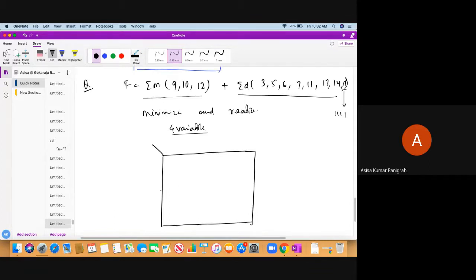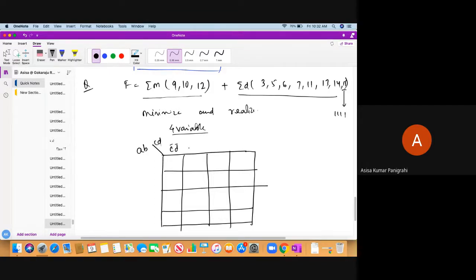Here there is no variable given, so we can take our user defined variables, your wish, whatever you want to take. Let's say I'm taking A, B and C, D: C bar D bar, C bar D, C D, C D bar, A bar B bar, A bar B, A B, A B bar. Next I know the minterm positions. Immediately I'll put 0, 1, 2, 3, 4, 5, 6 and 7, 8, 9, 10 and 11, 12, 13, 14 and 15.